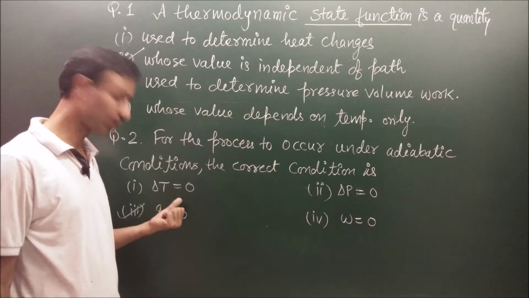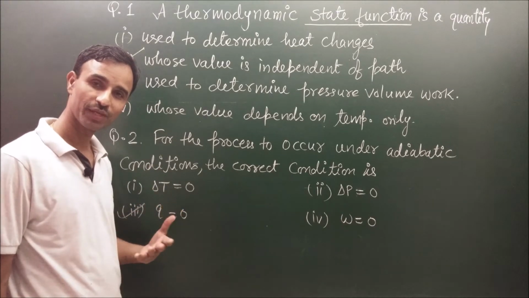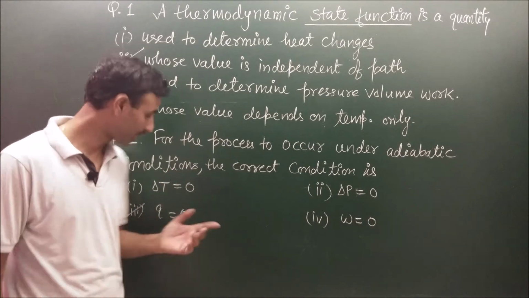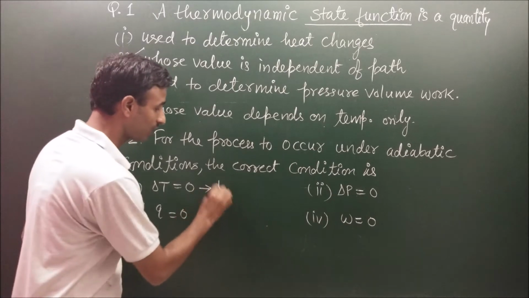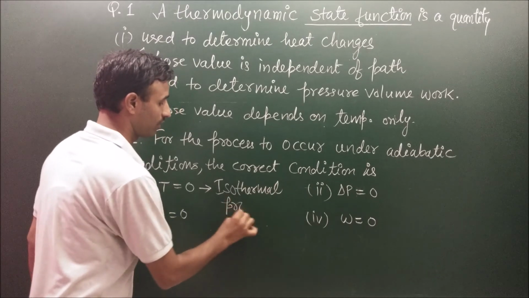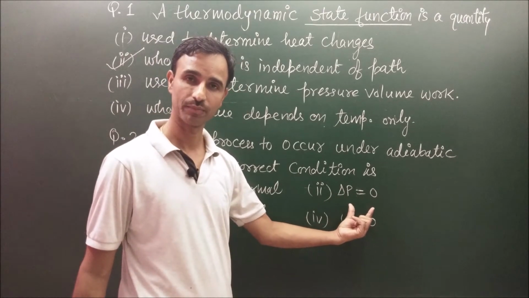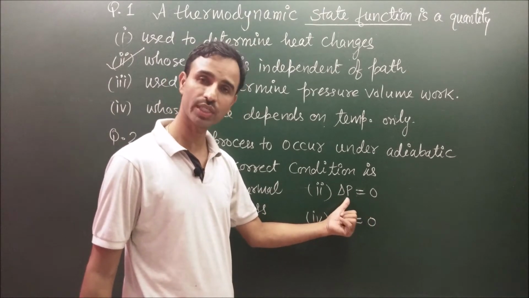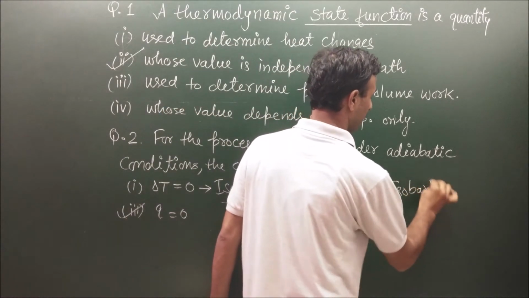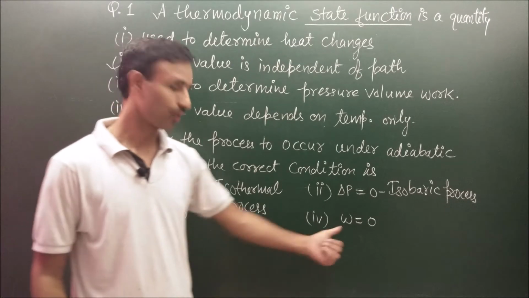What is the name of the process in which delta T is 0? Yes, delta T 0 means temperature is constant. So temperature is constant for isothermal process. So first option is correct for isothermal process. What about delta P? Pressure is constant for isobaric process, and work is 0